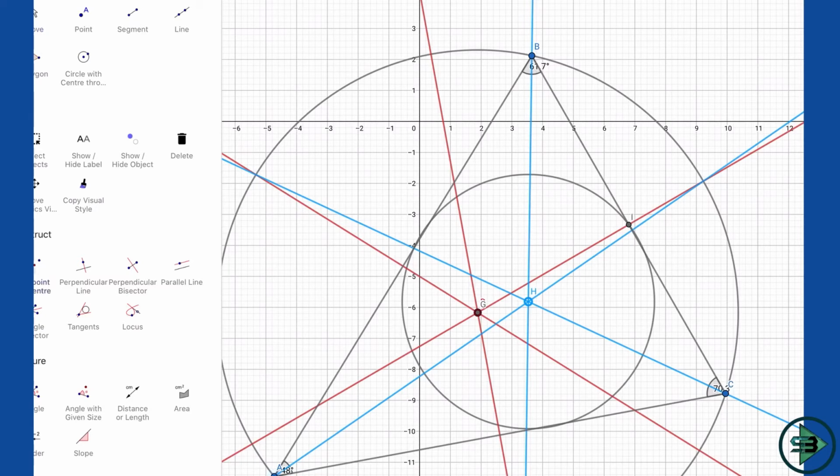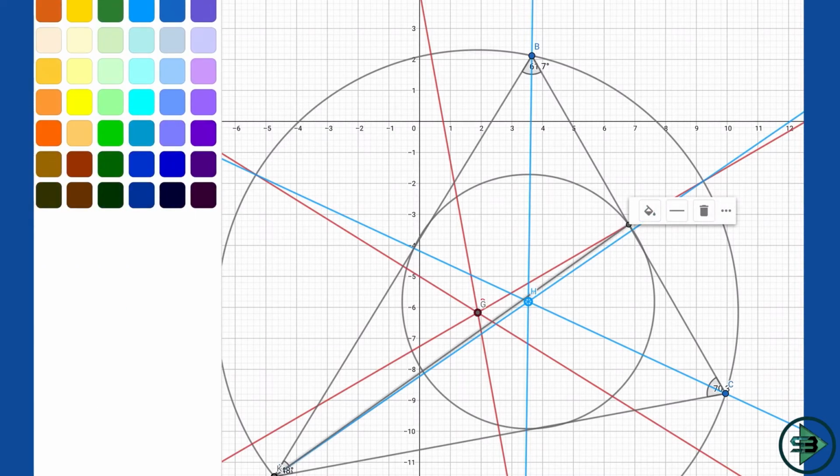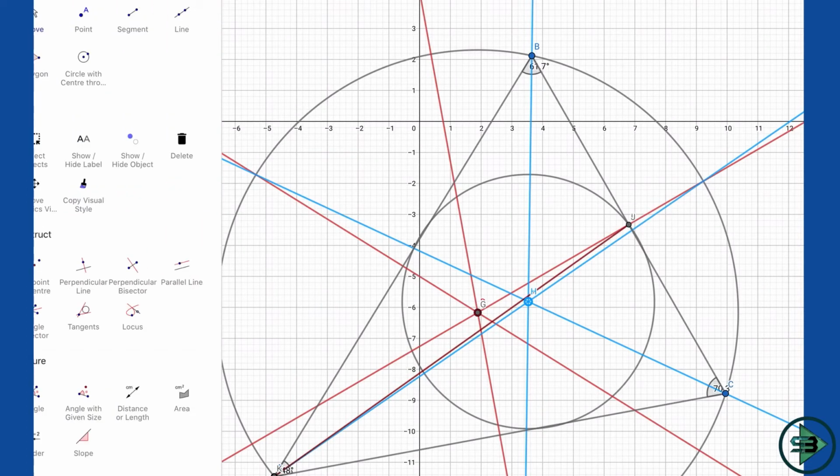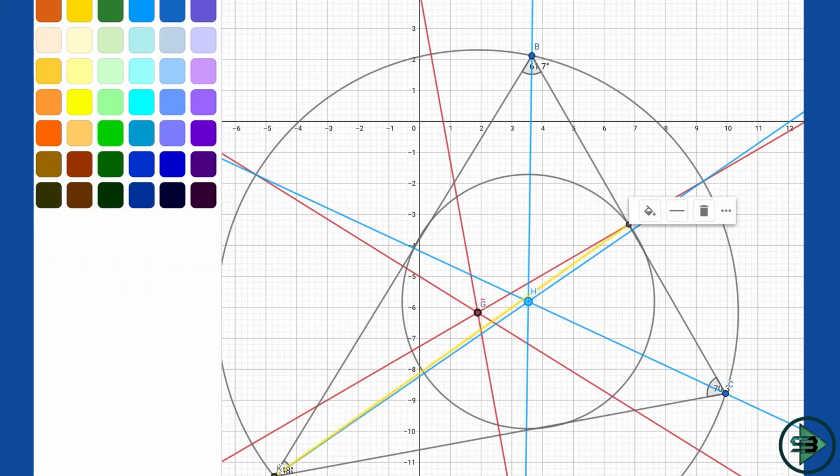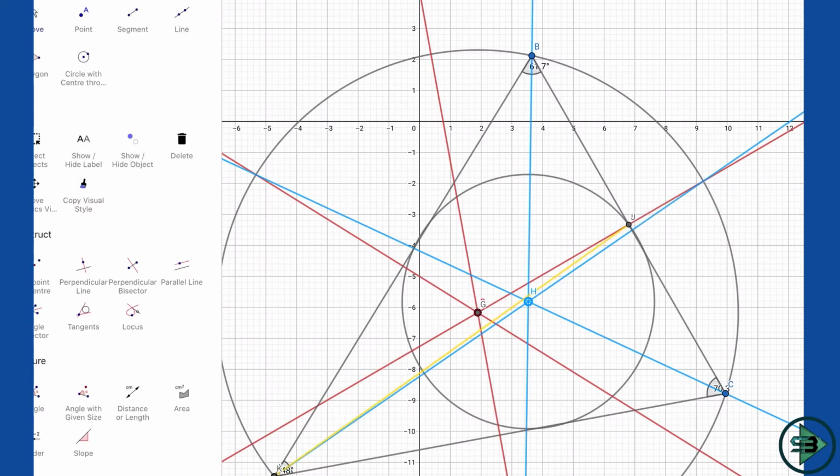So I'll get a midpoint of this. This is one, I got a midpoint of this, and to the midpoint I'll make a line from here to here. Let's color this line so that we know that it's a median, and let's put it as a brown color. Let's put it some other color because it is getting mixed with this. Yellow would be good. Okay, this is a median.